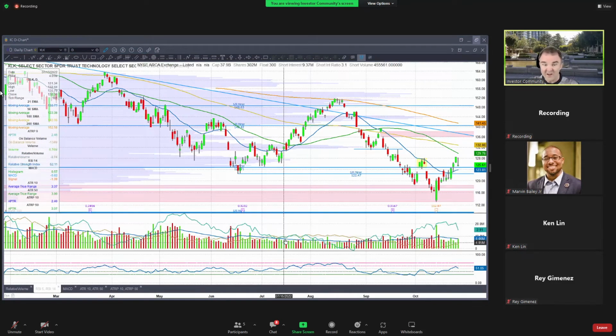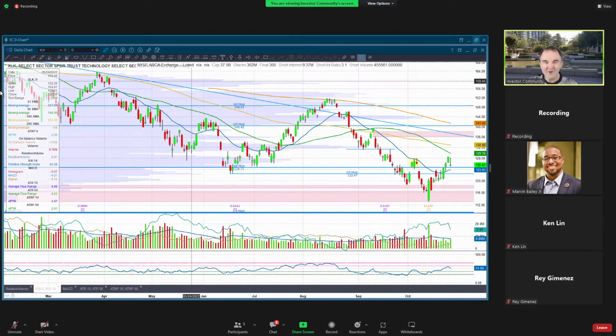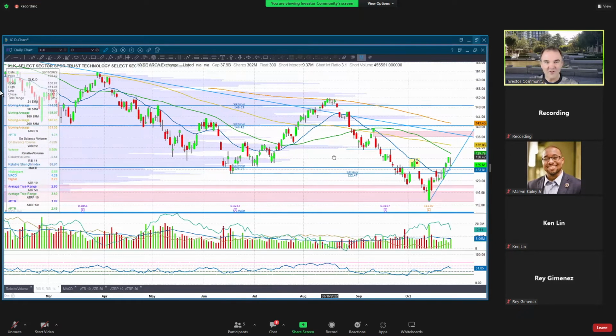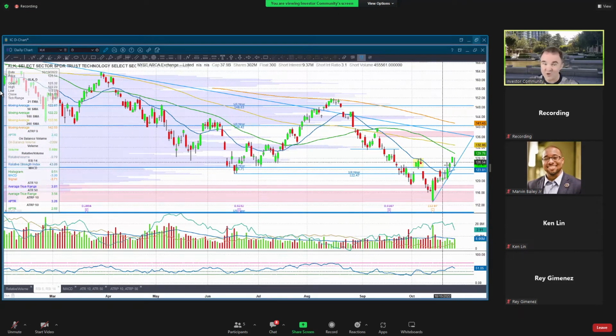Even technology is actually starting to look okay. We did technically put in a higher high here, but just barely, and then got rejected, right? And we've got this gravestone doji, or shooting star, whatever you want to call it. Yeah, I don't know. It's a little sketchy here. Over the last couple of days we're not seeing anything good out of the technology sector really, except that it's trying to hang on here.